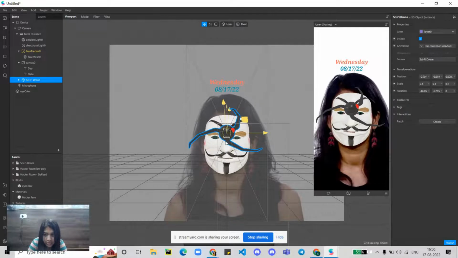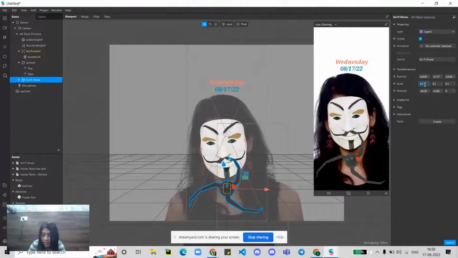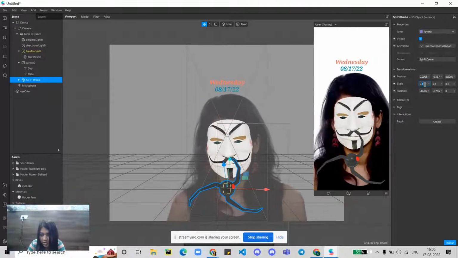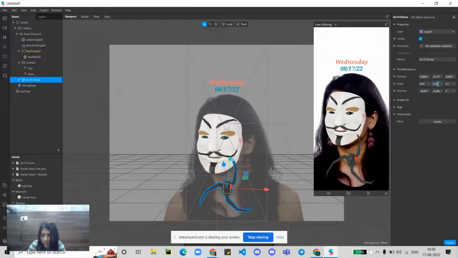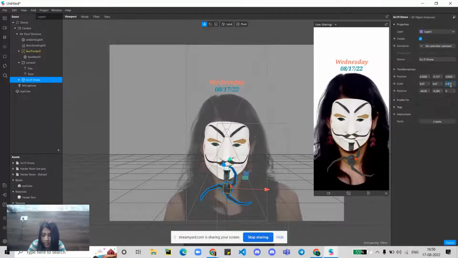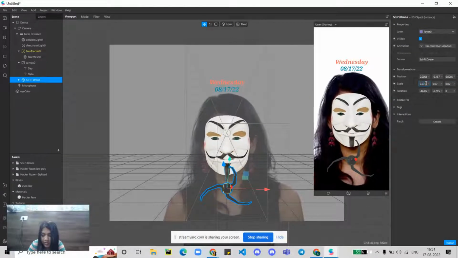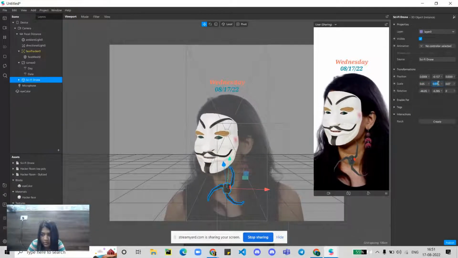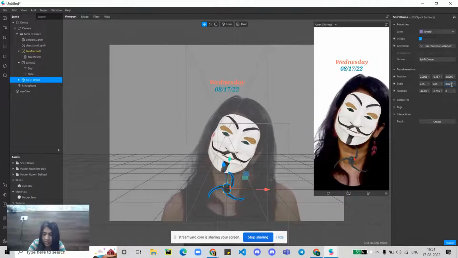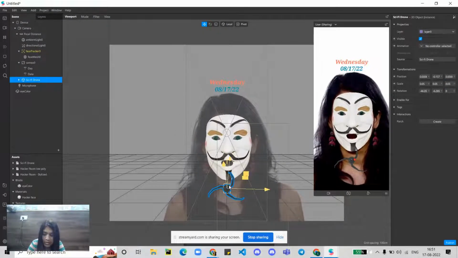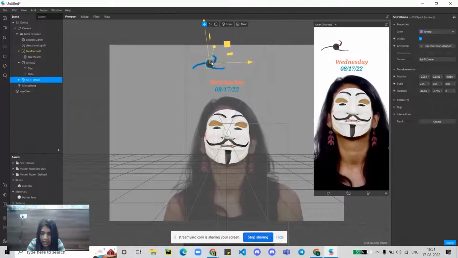and let's change the position of it. Let me just keep it smaller because it's still quite large. 0.07 maybe. That would be quite better, I guess. Let's keep it at 0.05. Perfect. So that's how you can just add a 3D object to your effect, and it's very easy and